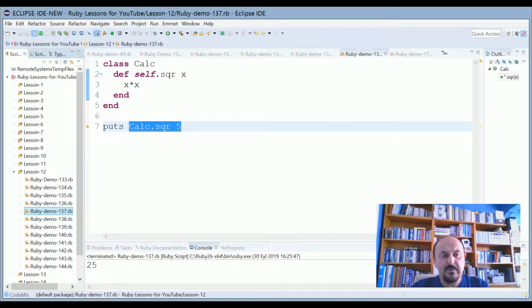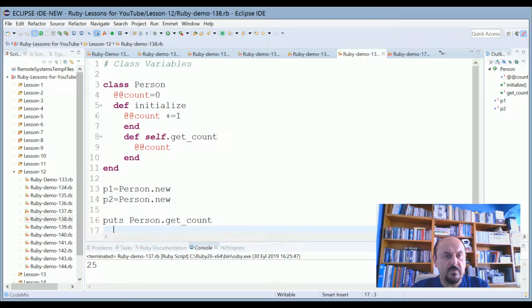Okay, 5 times 5 gives 25. Okay, let's go with another one. Here I would like to mention class variables. Class variables can be created by using two